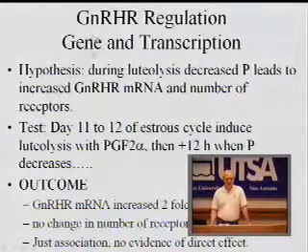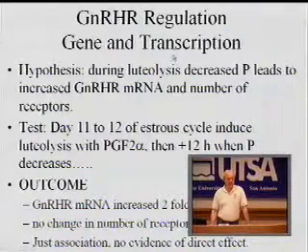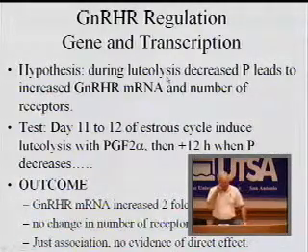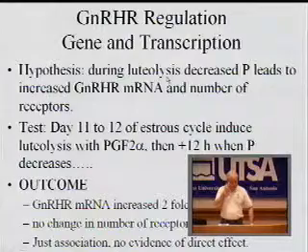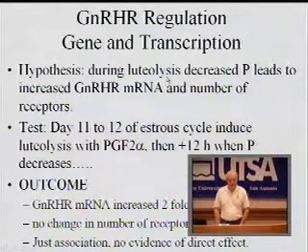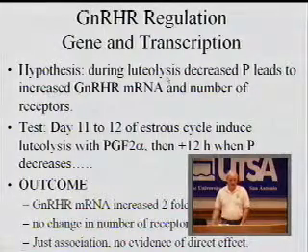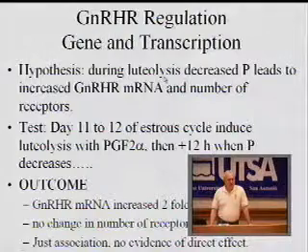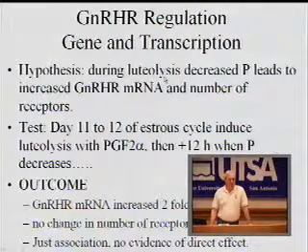Then we can begin to think about the regulation of this gene and its transcription. So there was a hypothesis that during luteolysis, remember luteinization is when the ovulated ovum turns into the corpus luteum. Luteolysis is the other end of the spectrum, the death, the lysis of the corpus luteum. So at that point, of course, you are seeing the apoptotic, programmed cell death of the corpus luteal